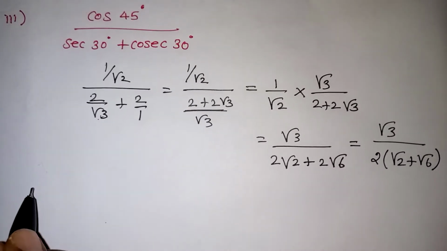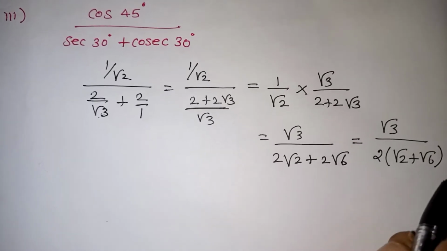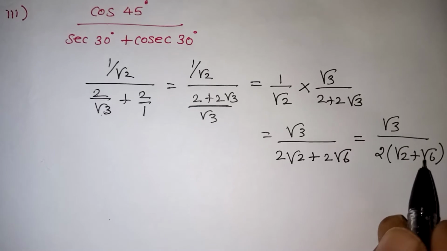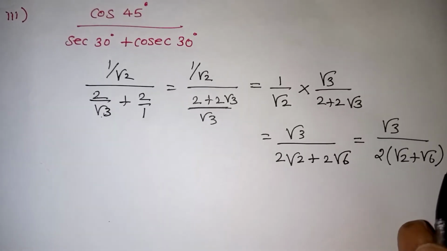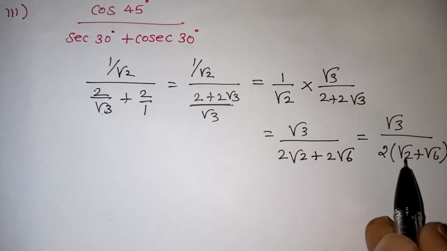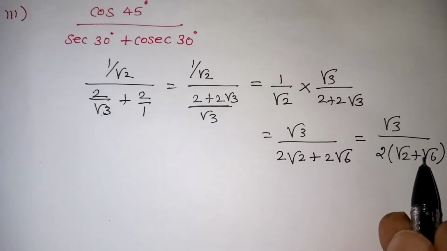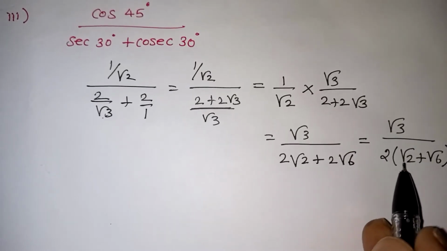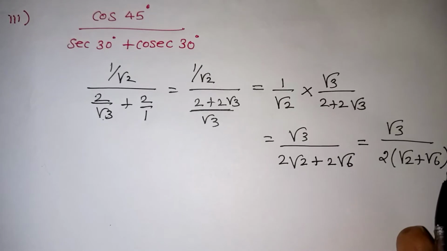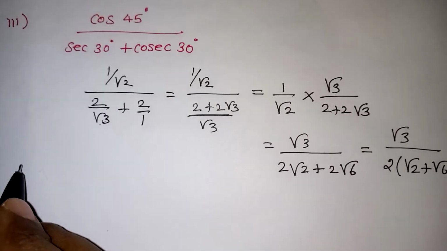Now we have to multiply and divide by a number which, if this number is a plus number, we have to multiply and divide with the minus number. If it is a minus number, we have to multiply and divide with the plus number. That is called conjugation. During addition, if you change the place, nothing will happen. So root 2 plus root 6 can be written as root 6 plus root 2 also. Why I am changing is because, during the a squared minus b squared formula, you will not get the minus term. While you are doing it, you will understand.